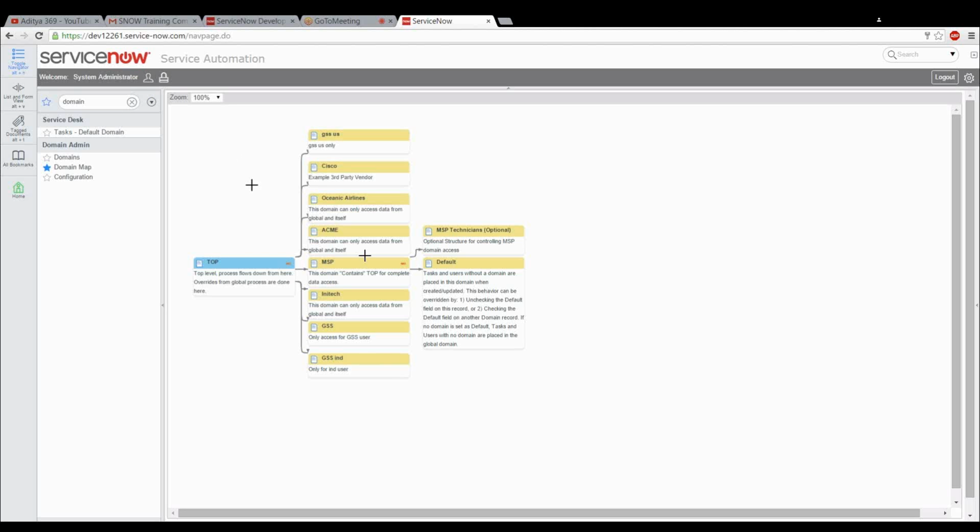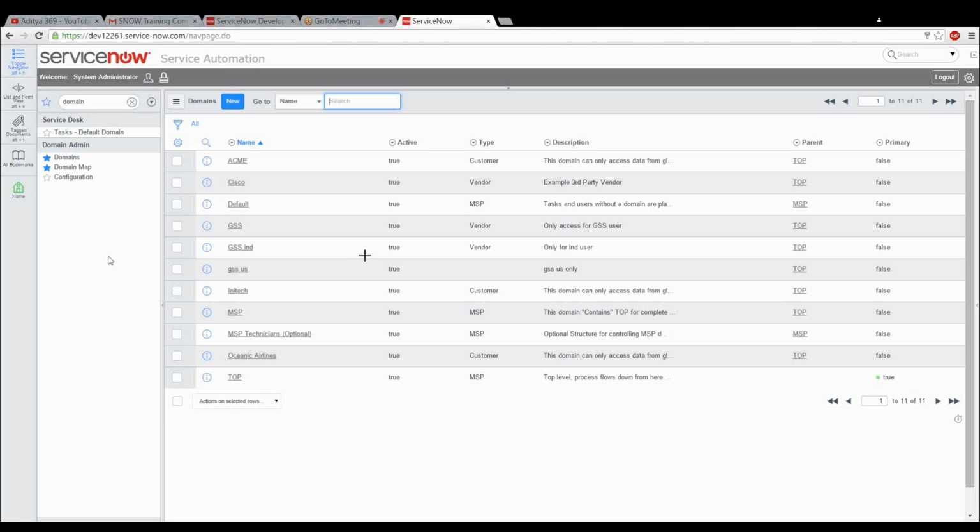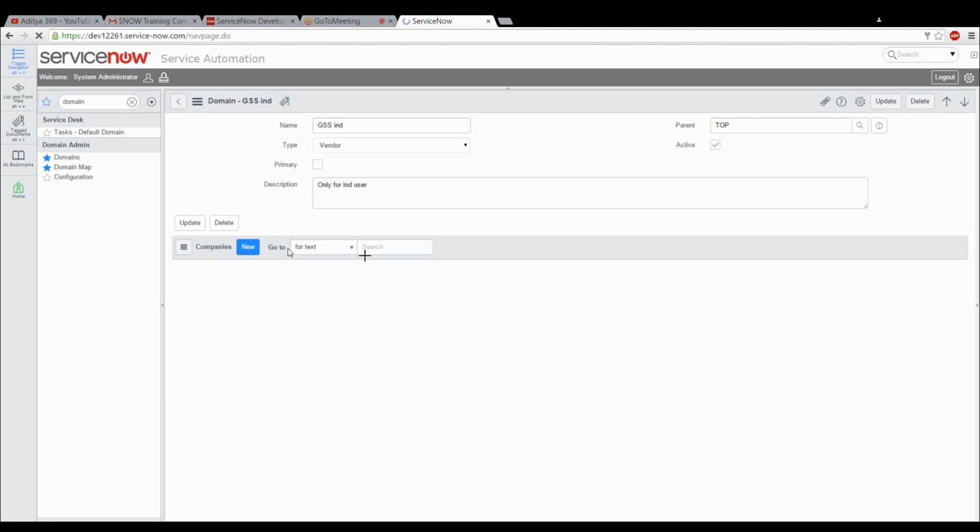So let's go to the domain application. Click on domains in the left side. Okay, and create new one. Open GSS India. Select parent as GSS and update it.